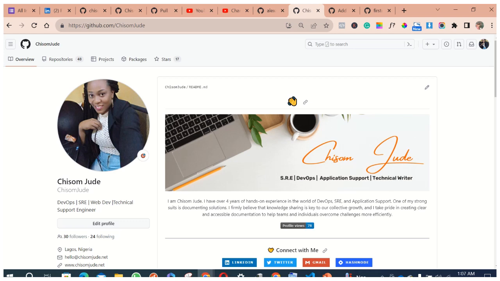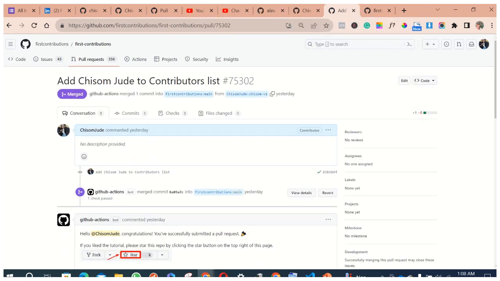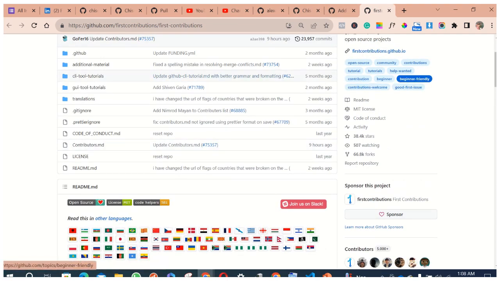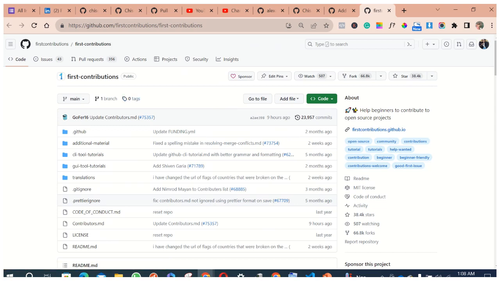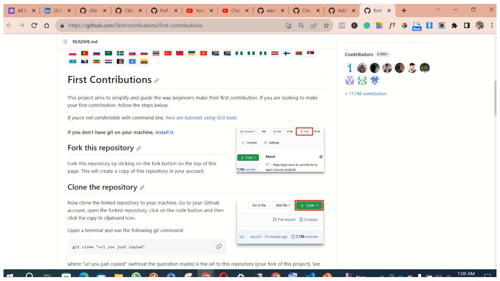Okay, welcome here again. This is project 3 I want to talk about, and this is the project we'll be working on. If I scroll right up, it's the first contribution project, and going down to the project instruction,